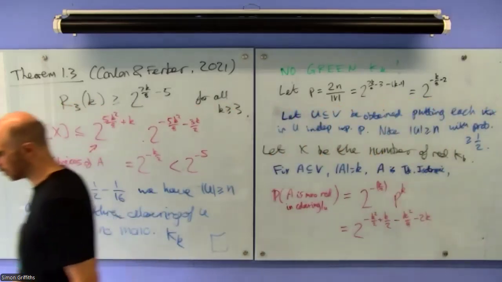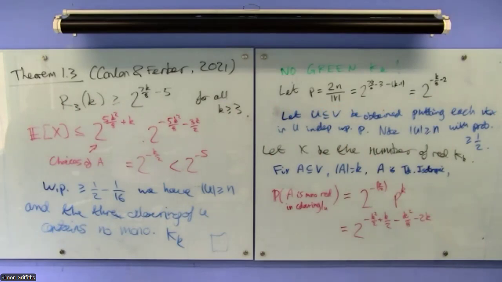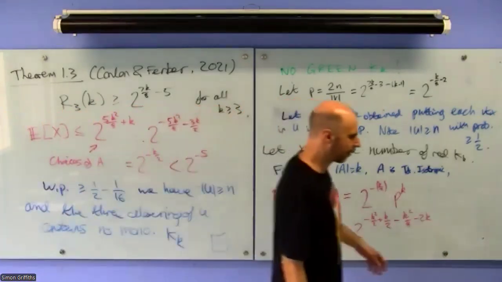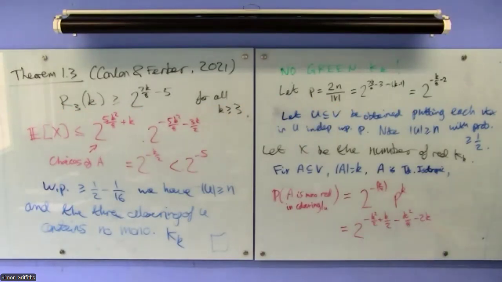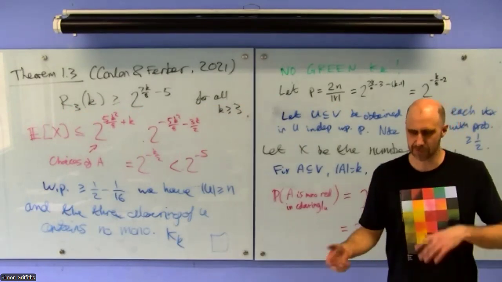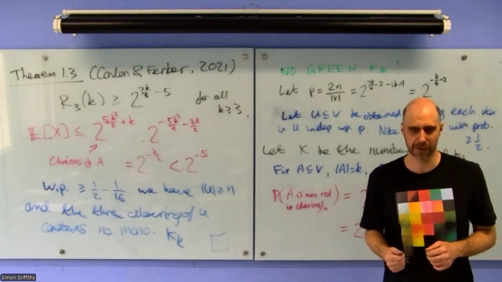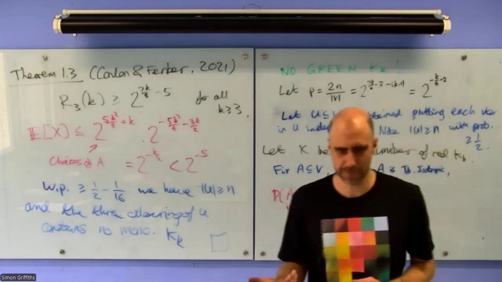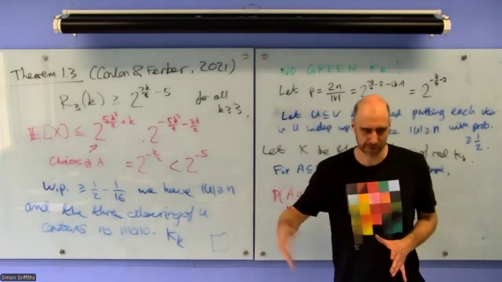I suppose we need to see and think if we actually have time today for the big stuff. Maybe I should say something about that in the next class then. Maybe I'll stop for now, and we'll carry on in the next class and still say something about the lower bound of Bukh and Conlon. We'll also say something about upper bounds in 2 colours, and next week we'll get on to the